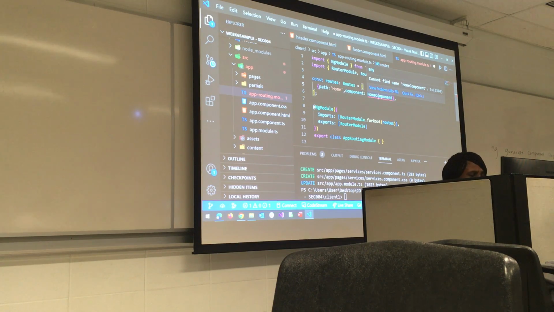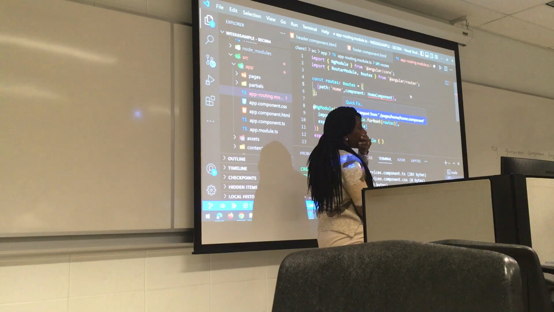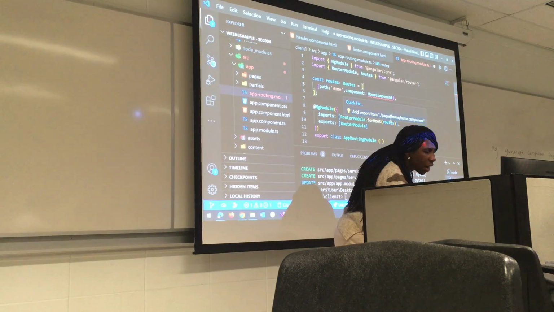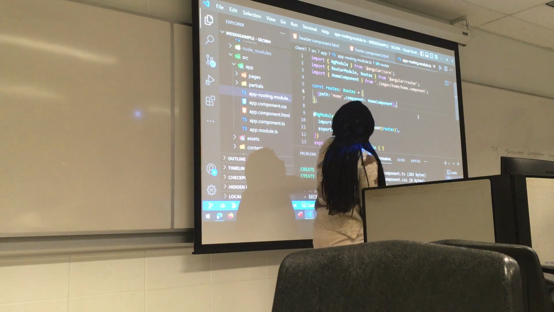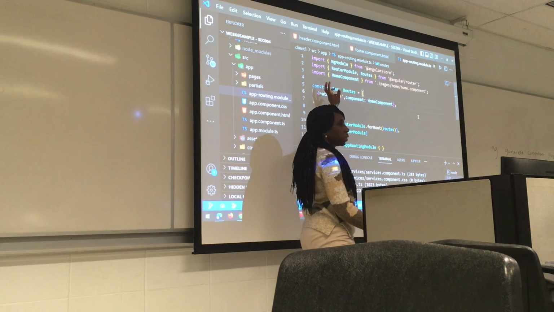So move your mouse pointer to it. This is correct, it just needs to import a few things. If you look at the top, we have the imports for the router and the NgModule. Move your mouse pointer to the top, then click on quick fix. It pops up and says we need to add an import from pages for the home component, so it will add it here instead of typing it. Click on add import from pages. So it has added it and taken that error off, right?